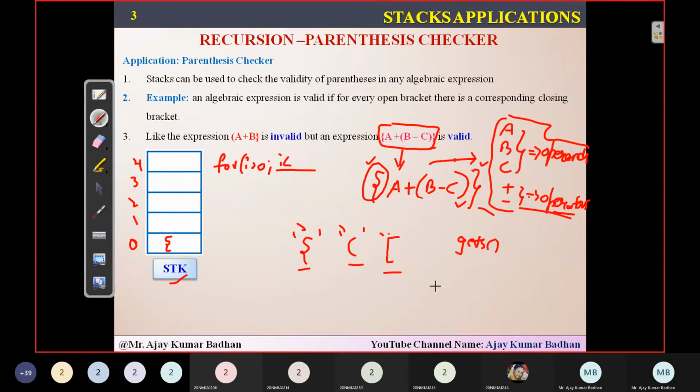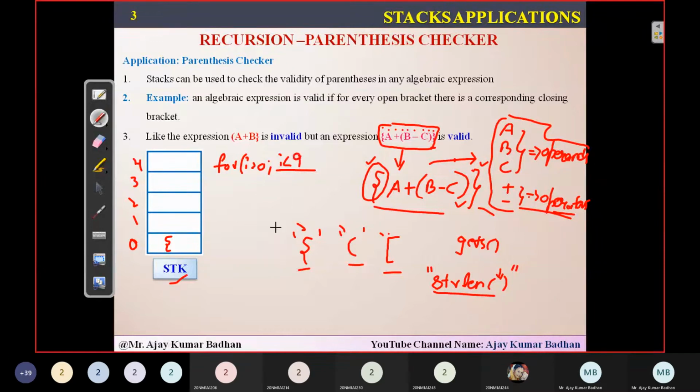In C programming, we have a method, string length. I hope you remember strlen. This is the method we can use, and within this I'll give the entire expression. So what is the size we have in this? I will get it. So how many elements are there? 1, 2, 3, 4, 5, 6, 7, 8, 9. So a total of 9 elements are there.